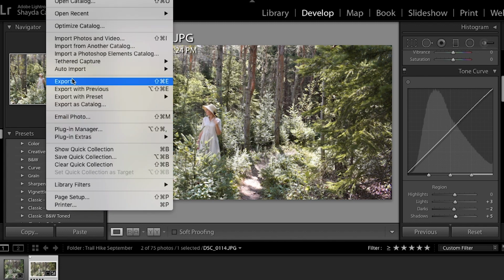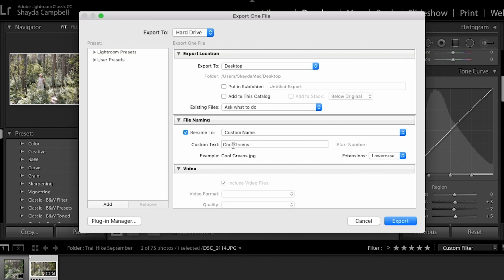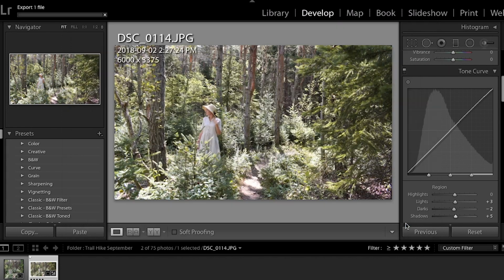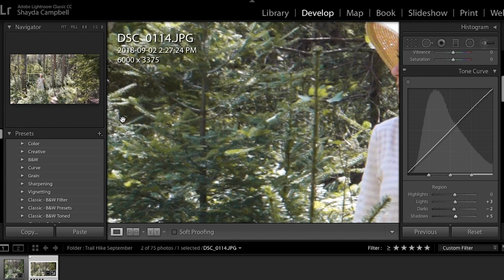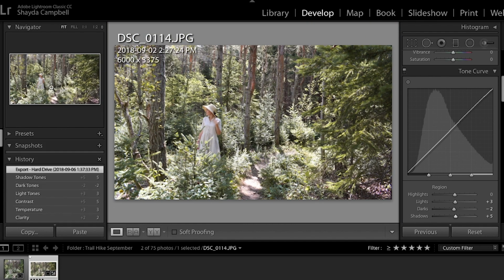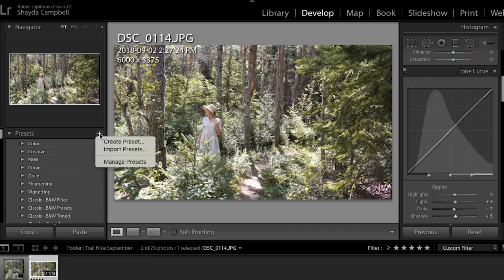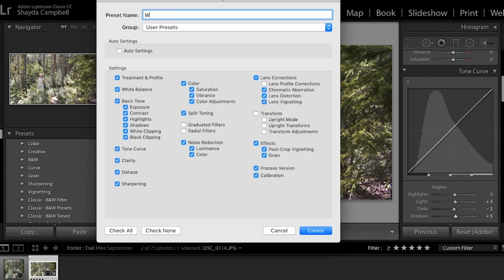And then I'll just go up to file and export, and I'm gonna throw that one on the desktop as well. And then of course I'm going to create a preset for these edits as well. So we go to preset on the left. If it's not open, it doesn't matter if you have the menu open or not, but you can see all your presets. Go to the plus sign, create, and this one we'll call something easy to remember like warm greens